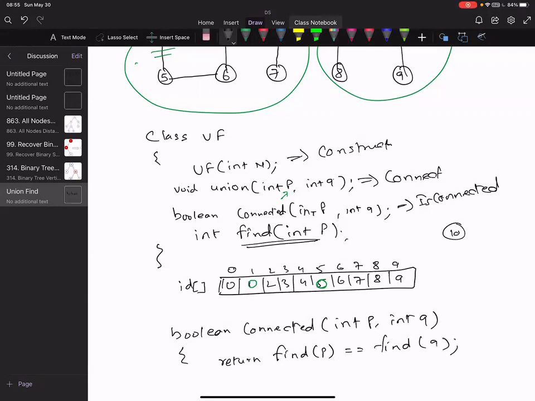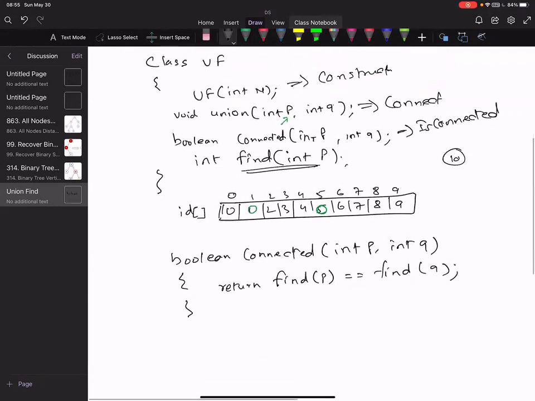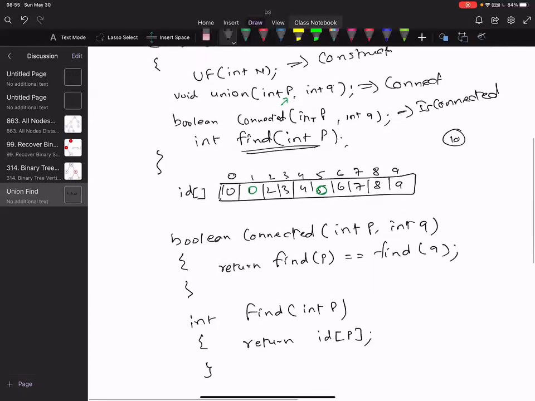And the implementation of find is very simple. In this case, it will just return id of p, where id is our array. Okay. So is it clear? Yes. Okay. Right.